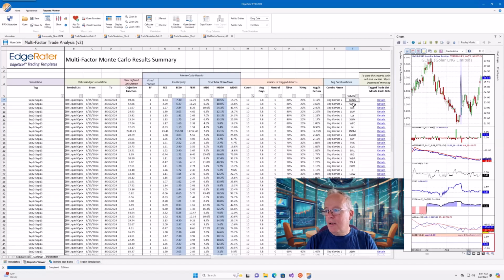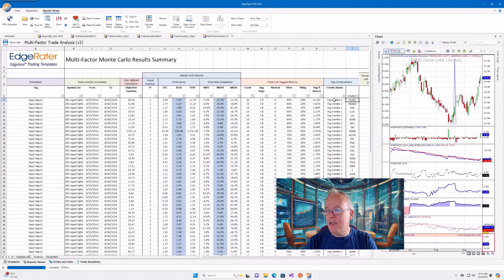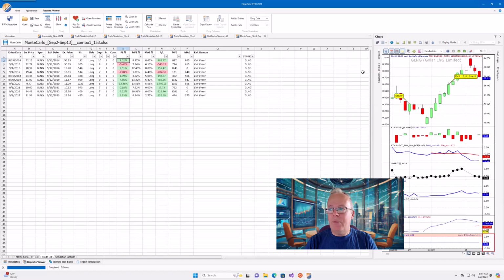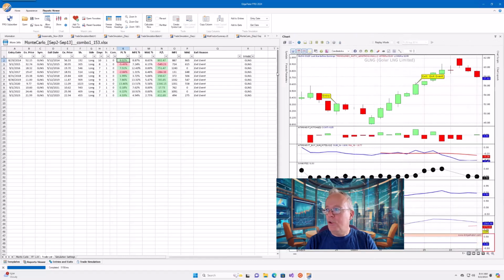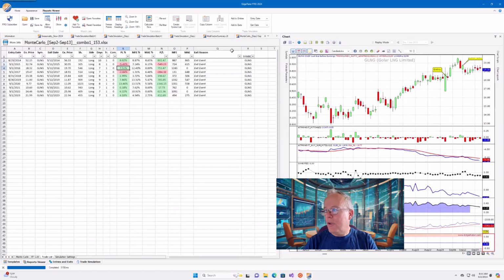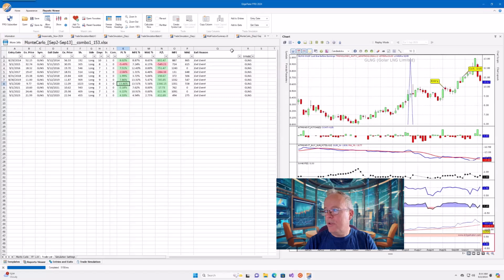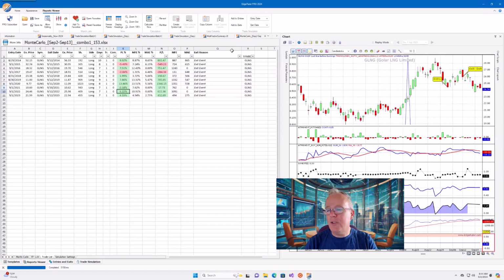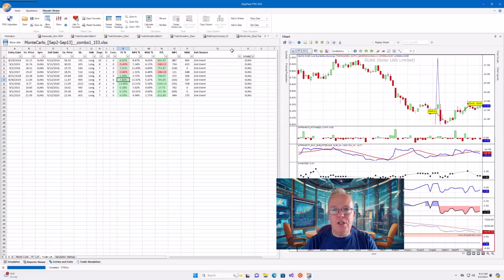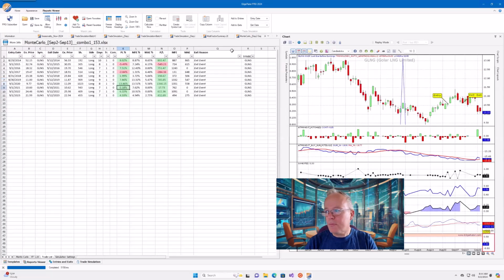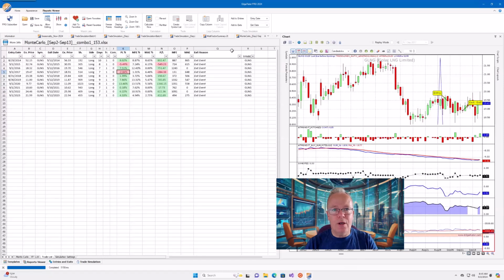We've already looked at PANW. Let's look at GLNG and look at the details of that. I just have that row selected. All I have to do is say open the linked document, and that is now my list of Golar LNG. You can see it's 8 and 2: there are 8 green ones and 2 red ones. As I go down through the list, I can see exactly what those trades were. Each one of those trades is a separate year, going from 2014 all the way to 2023. None of those happen over earnings, by the way, so that's a difference to PANW.